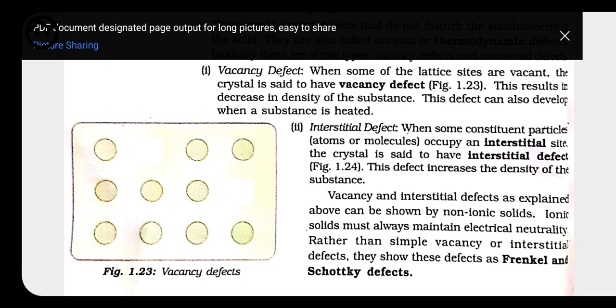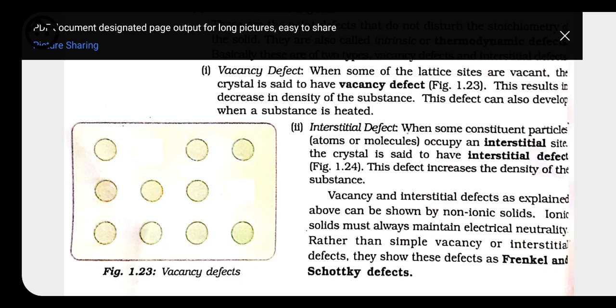Now next we will have the interstitial defect. First you have to know what you mean by interstitial. We also did interstitial in class 11. Interstitial is a space which is present, like if we are arranging atoms in a crystal, if you have a box and you are putting balls in that box, while putting balls some of the space becomes empty. These spaces are present in between the atoms or the molecules. This space is called interstitial space, that is called voids. This type of interstitial defect is also present in non-ionic type of compounds.